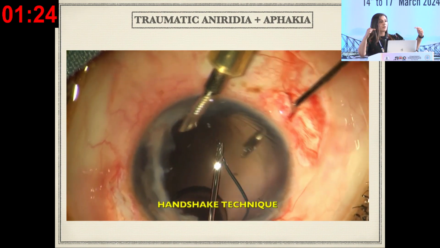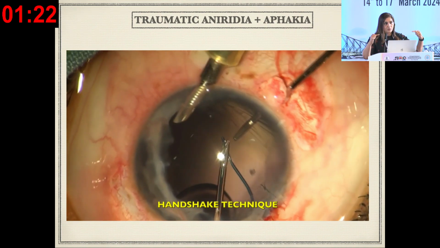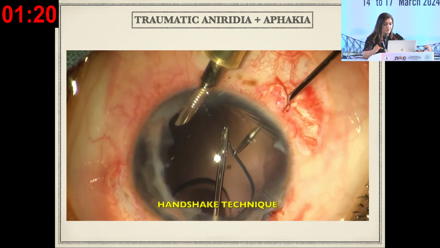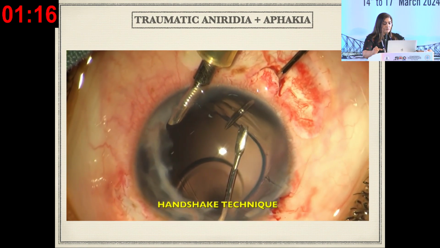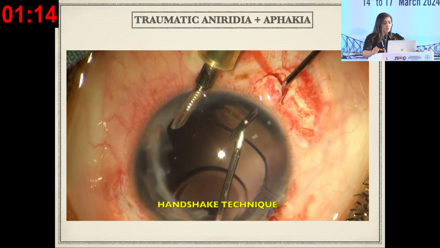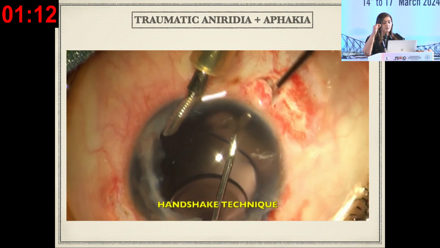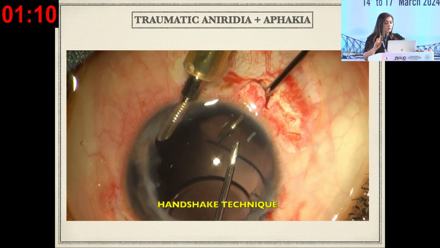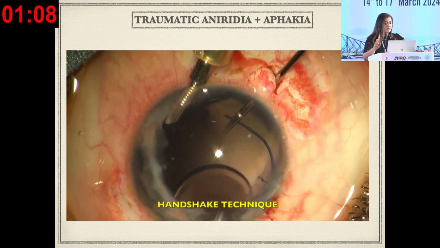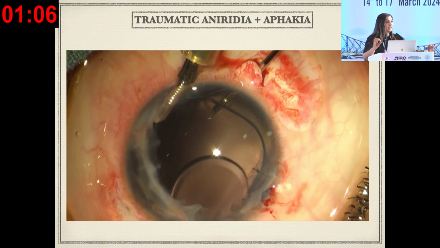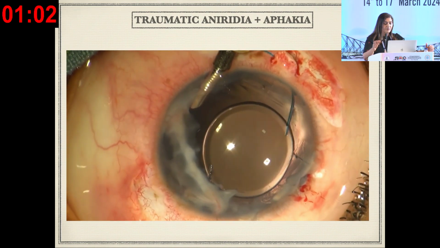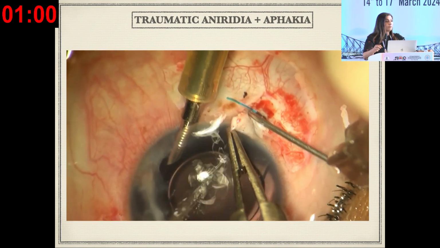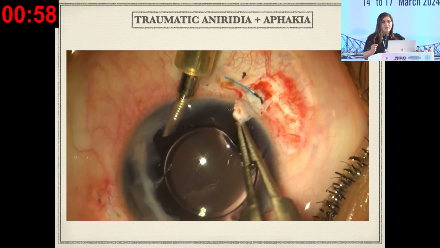And the sclerotomy sides have to be exactly 180 degrees opposite to each other. So having done this, you have to be very careful. This is a handshake technique that I am doing, because I have still not got the hold of the tip of the haptic, because if I do not hold it from the tip and I hold it from somewhere else, I can get a good amount of kink in the haptic, and once I get a kink, it might break any time. So then you do not have a good amount of haptic to tuck into the intrascleral pockets,